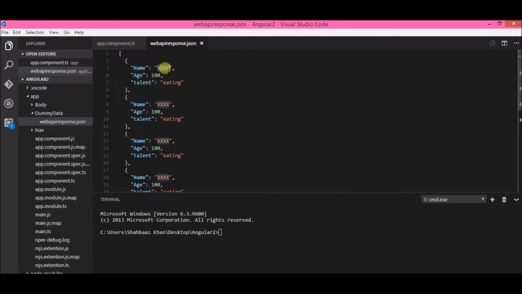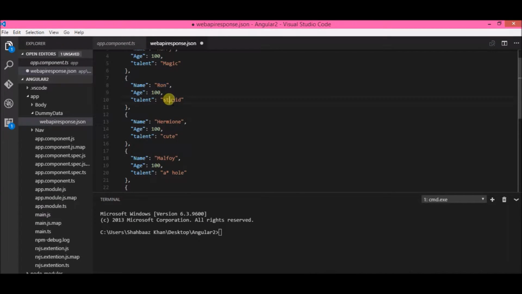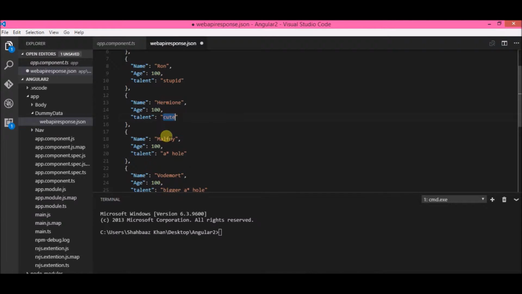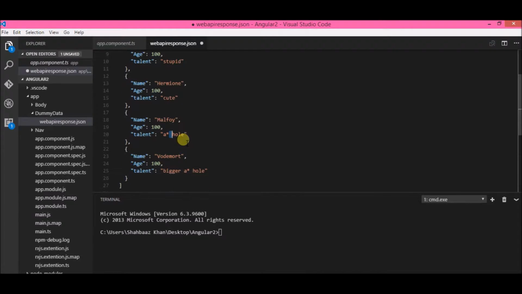Let me just manipulate the data so that it is distinguishable. For example, Harry, Ron. Okay, so now I have manipulated the data. I have given name Harry, talent is magic, name is Ron, talent is stupid, Hermione cute, Malfoy a-hole, and I'm